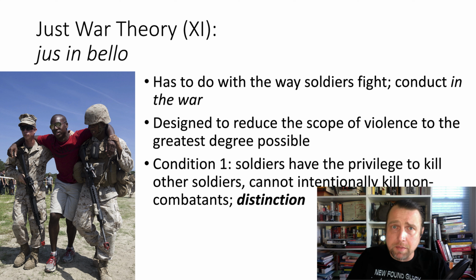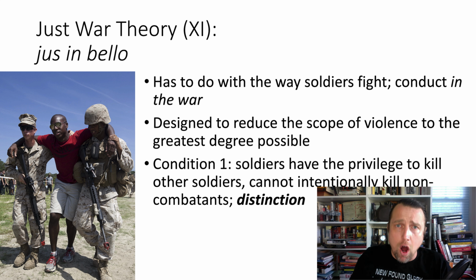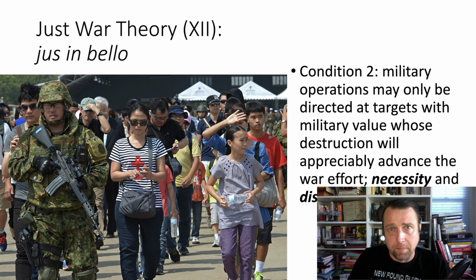Thus, the primary principle of jus in bello, right, the thing that everything else revolves around, is the principle of non-combatant immunity. In general, non-combatants, which is to say people who are not directly involved in the fighting, cannot be targeted, at least not justly. The reason for this should be plain, right? Non-combatants do not represent a military threat, and do not seek to harm the enemy's soldiers. They have not taken a weapon, they have not put on a uniform, and for these reasons they can neither kill nor be killed. A corollary principle is the principle of military necessity.